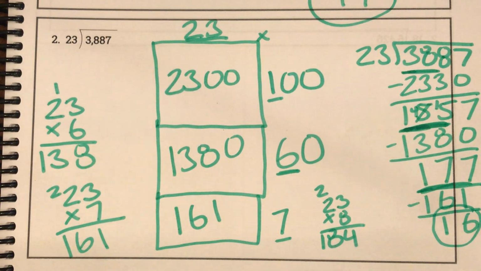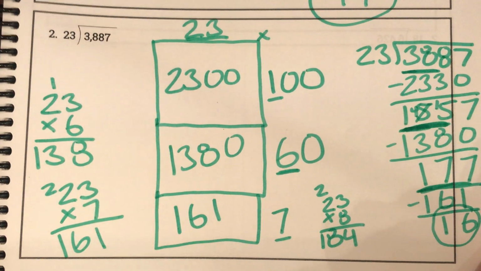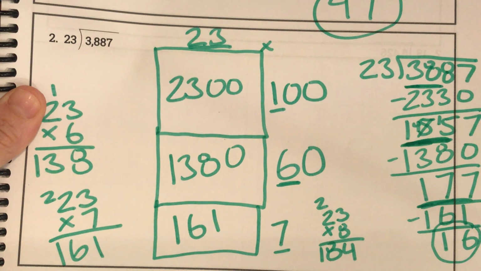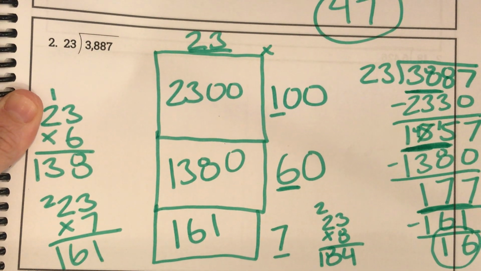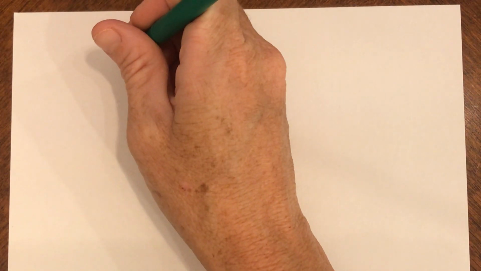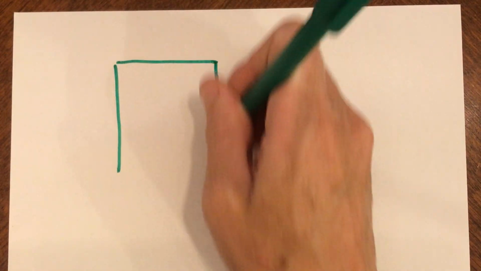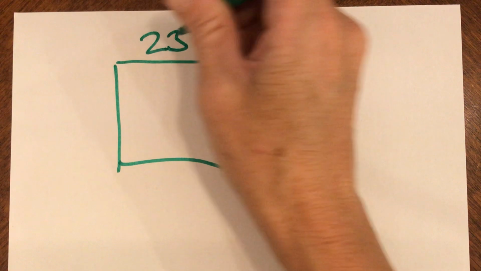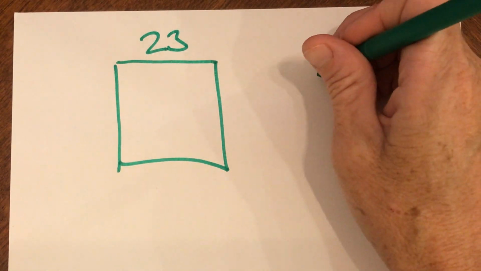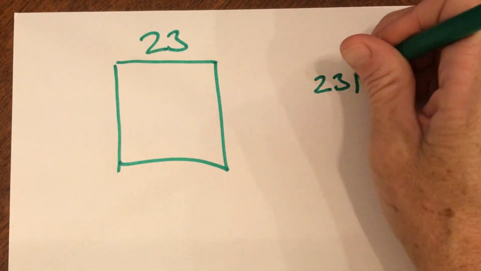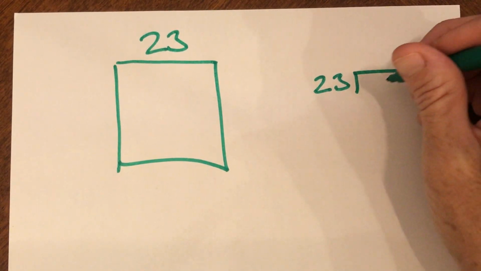So let's see if we could do this, and we're going to see if Miss Munoz made the mistake, or we're going to see if Swan made the mistake. So ready? You might want to pause the video and get a scratch paper and see. I have one already ready to go. So I'm going to set up my problem, and my problem is with my 23, and over here I have 23, and my dividend is